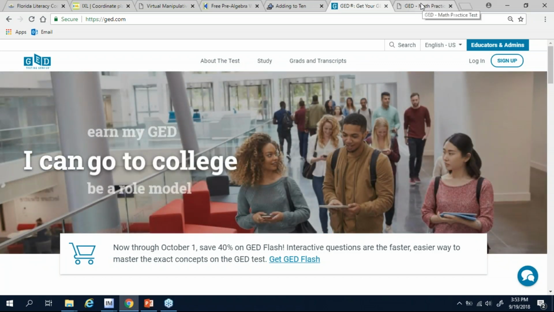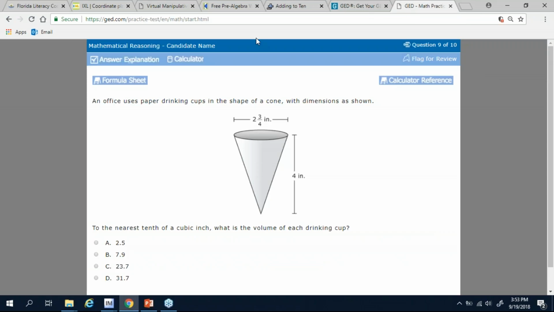GED. If you don't want to spend $6, then one of the other things that you can do, again, is just look at the sample test, and I have given you this link on the PowerPoint. You have this link here, but just look at the style of questioning, because one of the main things that you need to understand is the depth of the questions on the GED, because you really need to push your students as far as you can in terms of their ability to unpack a complex 5 or 6 skill word